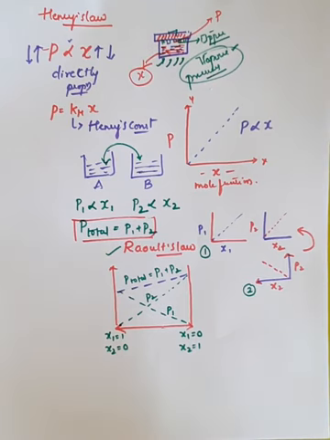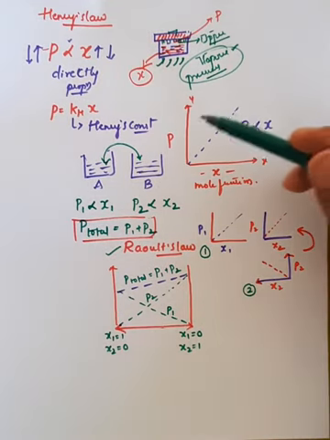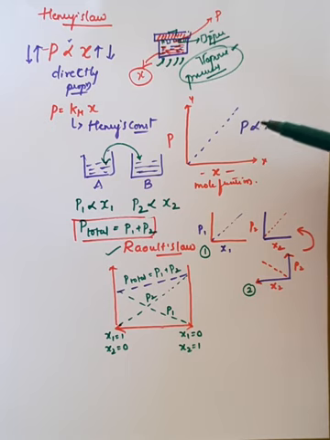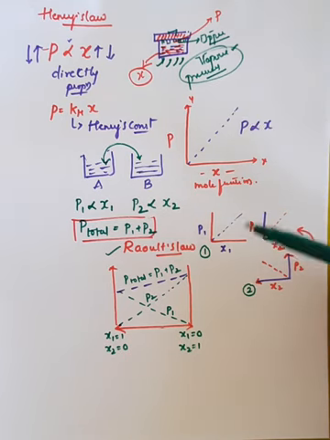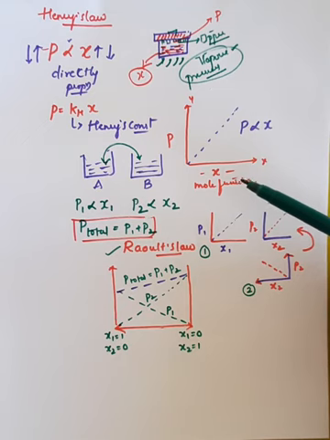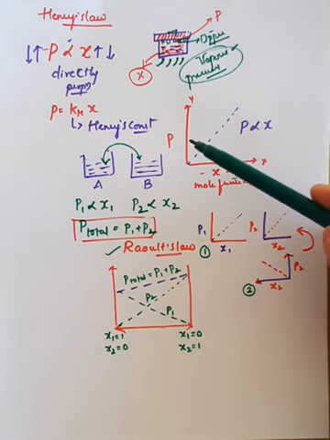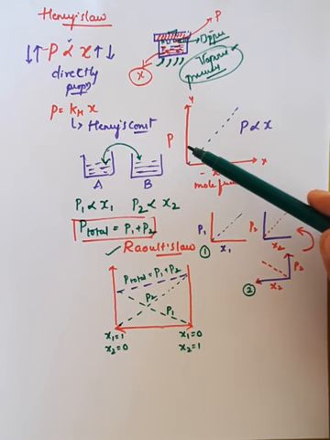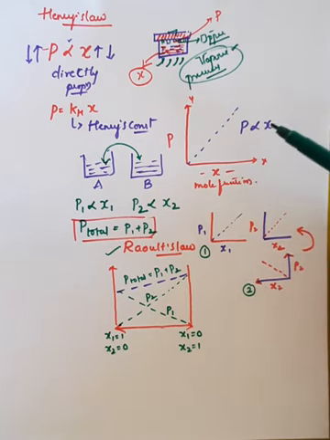It's very simple. So first we must understand this single graph for Henry's law. In Henry's law what we did, since the pressure is directly dependent on the mole fraction of the component, whenever you apply the graphical representation, in the x-axis we have taken the mole fraction and in the y-axis we have taken the pressure, that is partial pressure. So since P is directly proportional to x, the graph goes on increasing.